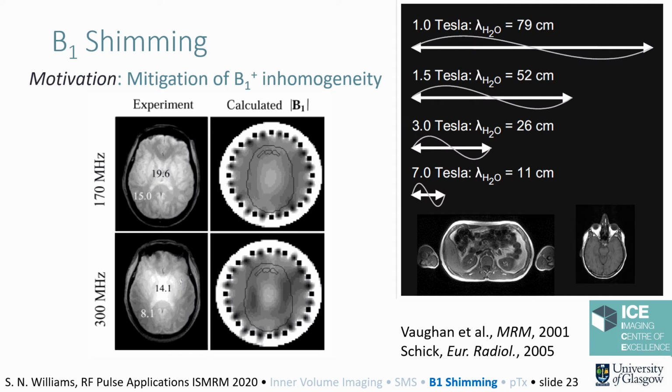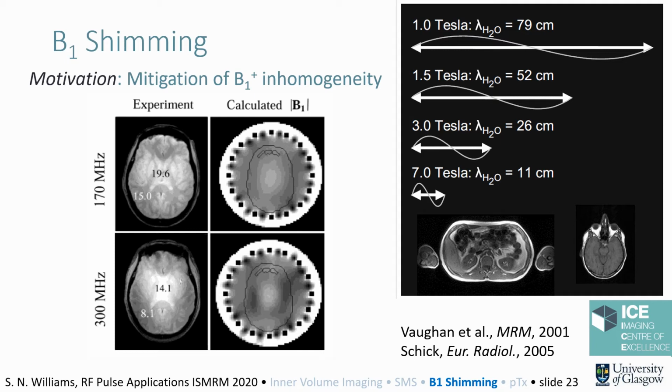The next RF pulse application we will discuss today is RF or B1 shimming. Inhomogeneity in the RF transmit field B1+ is a problem that is especially seen with higher MRI field strengths. This is due to the decreased RF wavelength with increasing frequency. When the RF wavelength is shorter than the object being imaged, constructive and destructive interference patterns occur that cause spatial flip angle non-uniformities. For the head, this occurs at 7 Tesla and above, but for the body, this even occurs